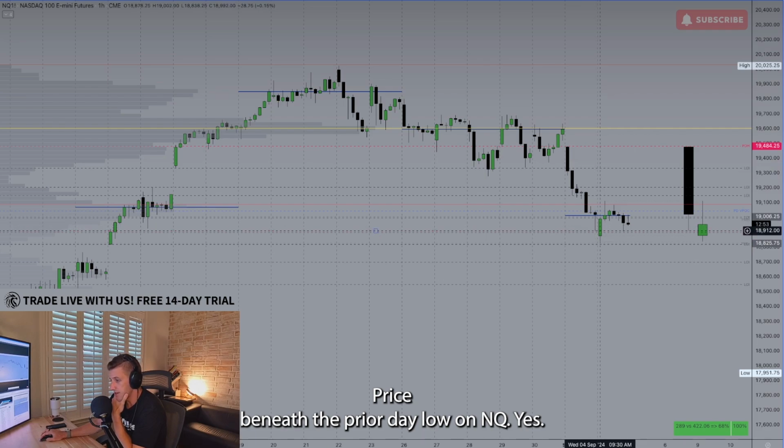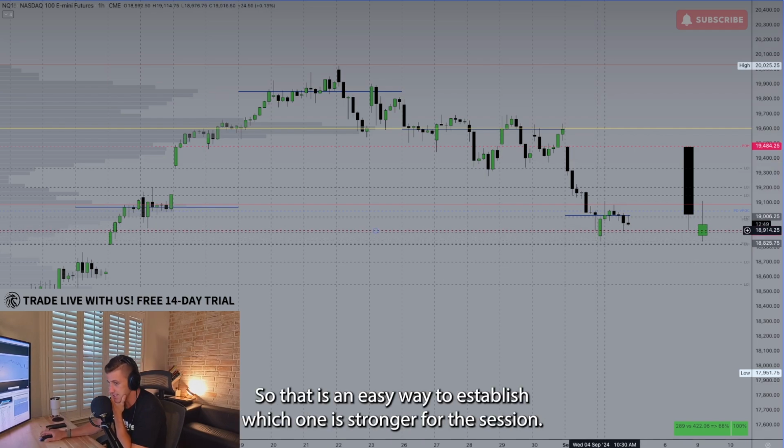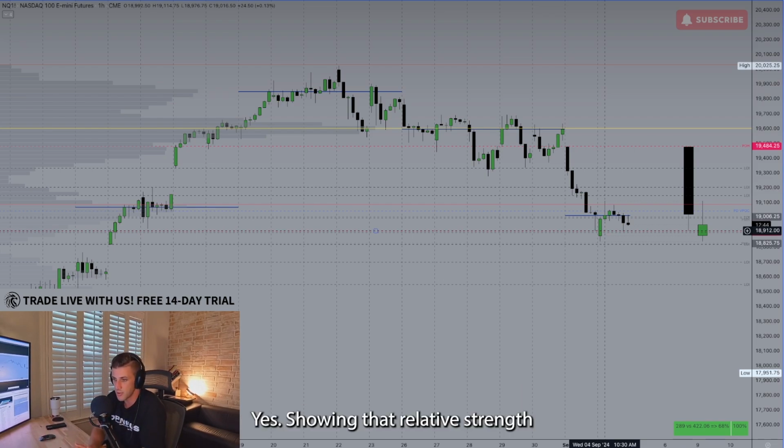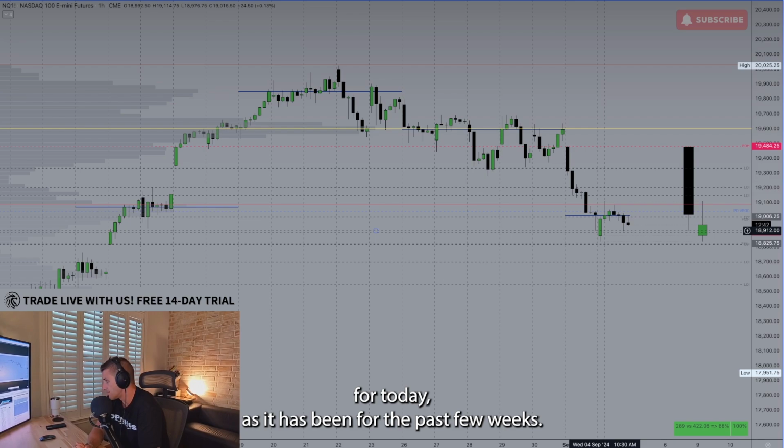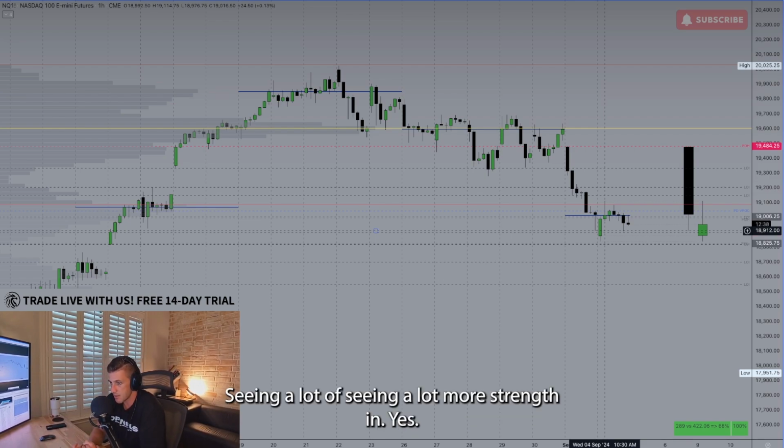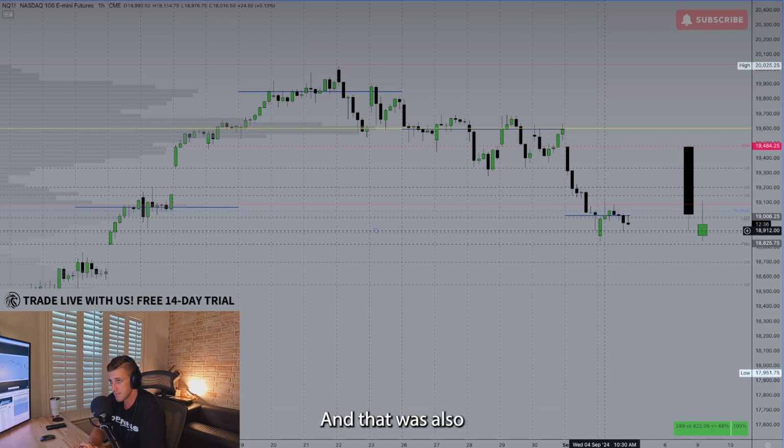Price beneath the prior day low on NQ, ES holding above the prior day low. So that is an easy way to establish which one is stronger for the session. ES showing that relative strength for today, as it has been for the past few weeks, right? Seeing a lot more strength in ES, and that was also